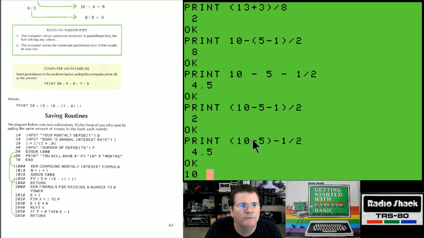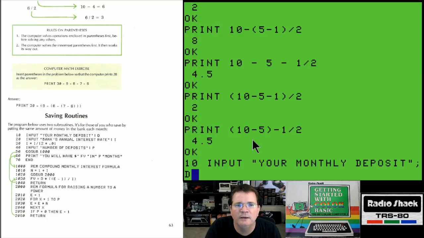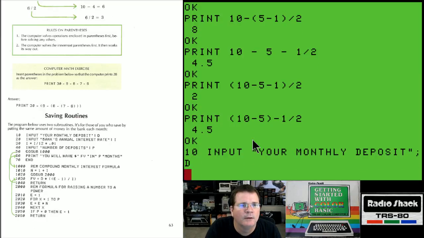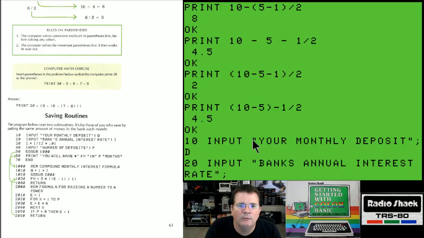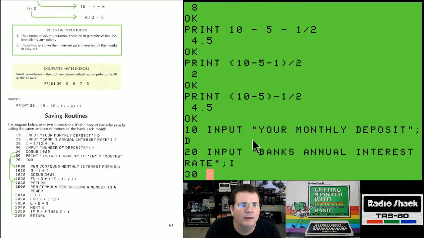So here's the program. 10, INPUT, quote, your monthly deposit, end quote, semicolon, D is the variable we're going to capture. All right, 20, INPUT, quote, bank's annual interest rate, end quote, semicolon, I for interest. Okay, 30, I equals I divided by 12